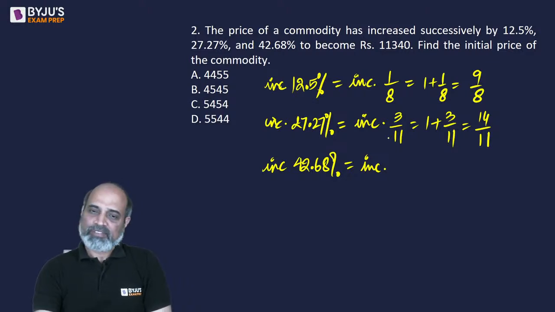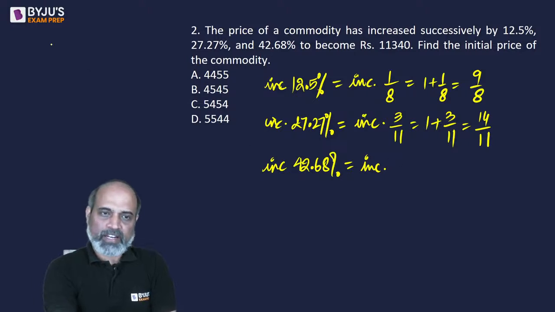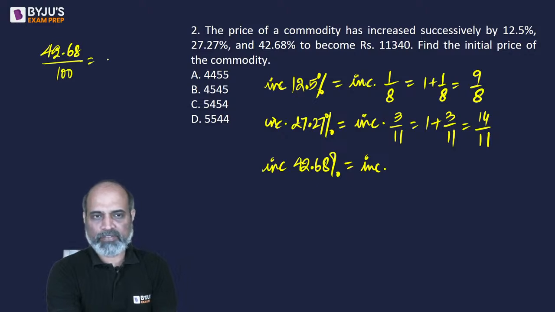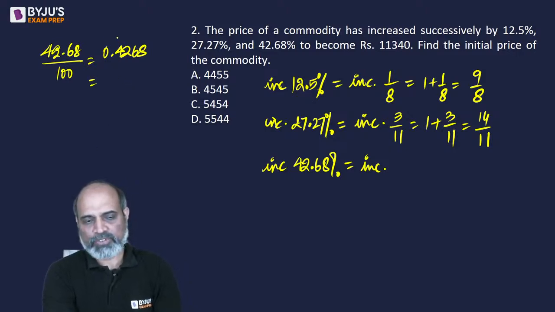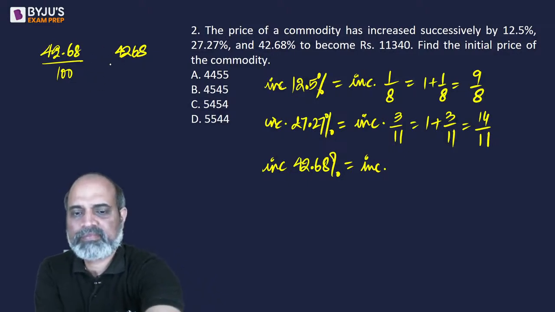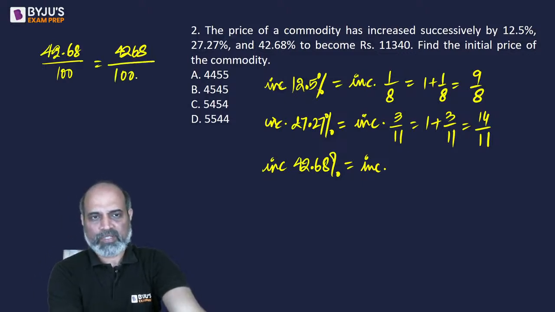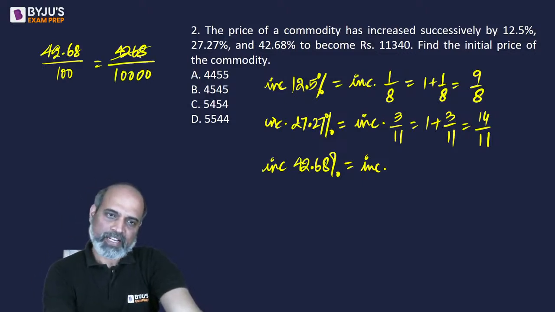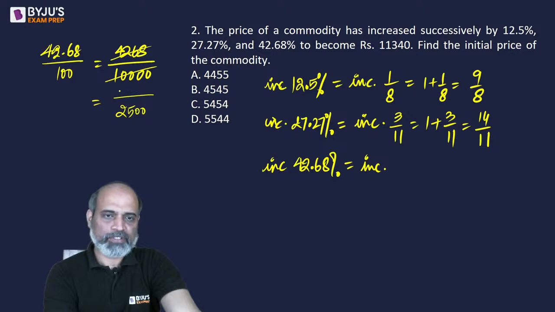No. So we can write this as 42.68 upon 100, which is 0.4268, which can be written as, should we simplify it? This became a little difficult. Followed by 4 zeros. So we can get rid of 4, right? If we get rid of 4, we will have 2500 here. If we get rid of 4 from there, we will have